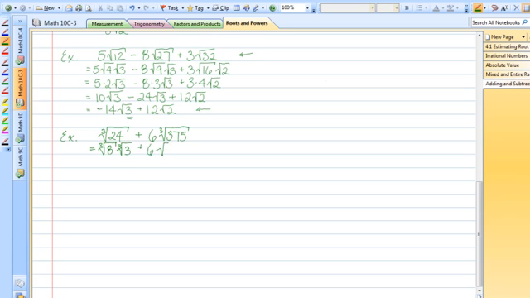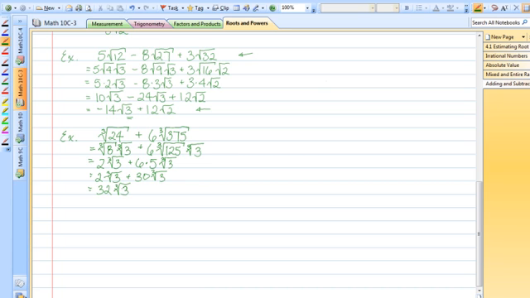Then 6 times, and the perfect cube factor of 375 would be 125, so 6 times the cube root of 125 times the cube root of 3. So cube root of 8 simplifies to 2, so 2 cube root 3 plus 6 times cube root of 125 is 5, cube root 3, or 2 cube root 3 plus 30 cube root 3 then gives us 32 cube